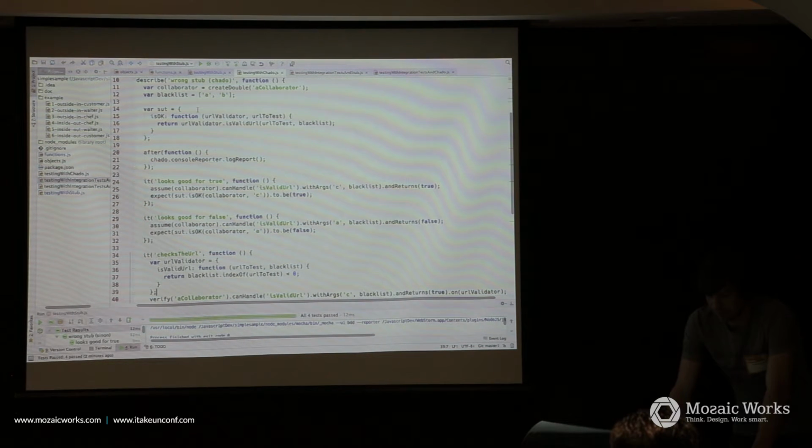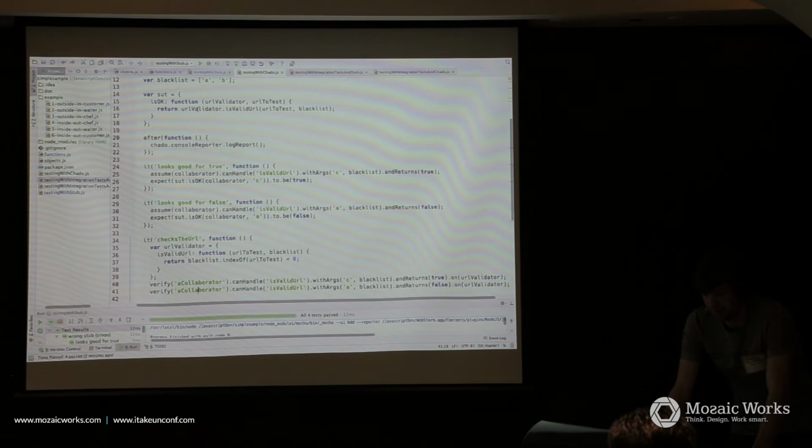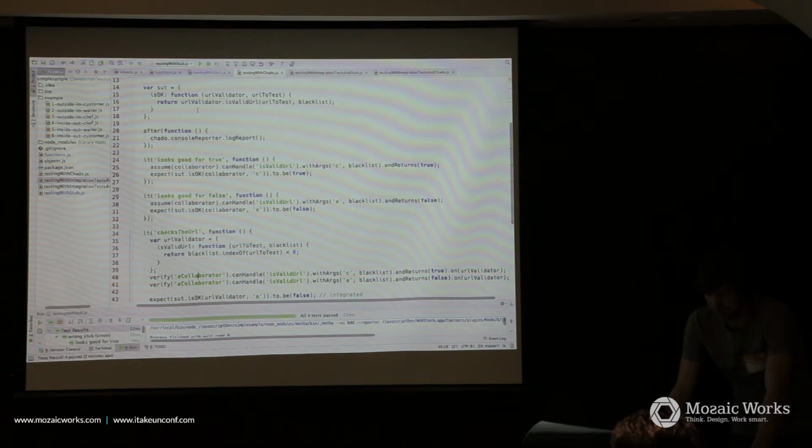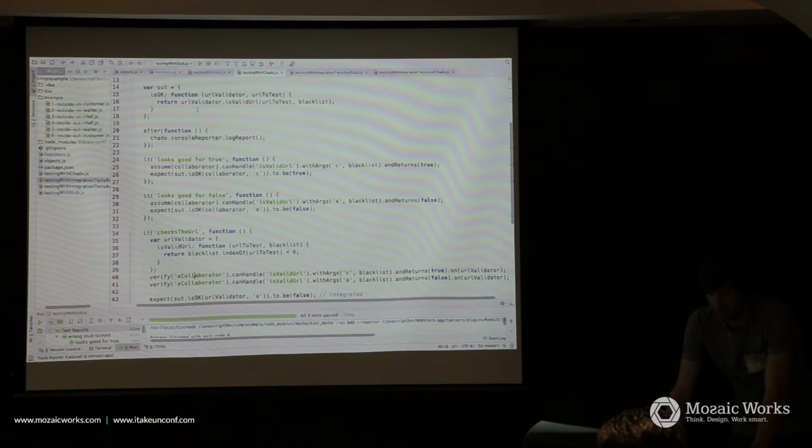And now the other part, the verification, when we implement the real collaborator, we make a verify.